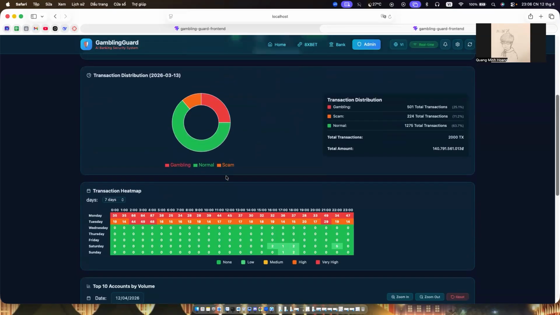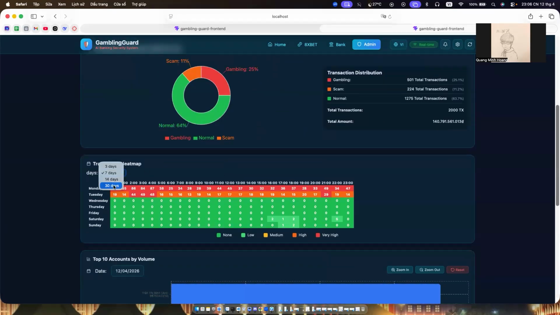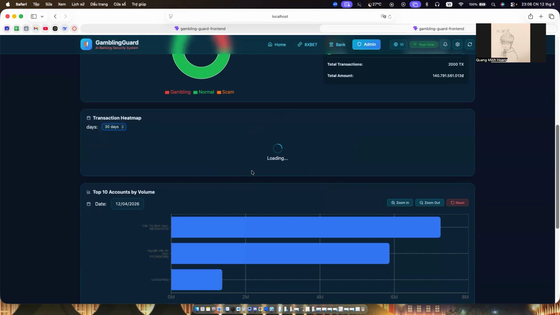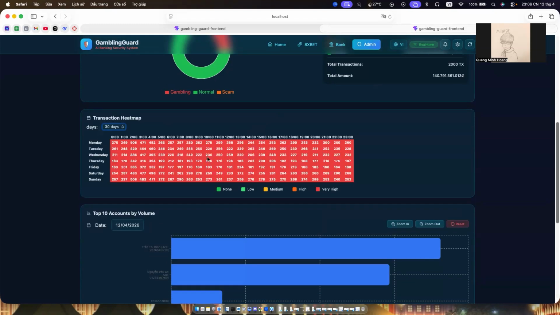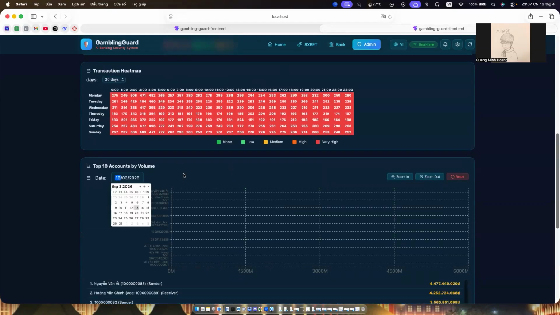Next, we have also implemented multiple chart types as required. Here is a heat map showing transaction density by hours, and you can also adjust the date range. The map updates instantly to review patterns such as high activity during late night hours, which is a potential indicator of gambling behavior. And below here will be